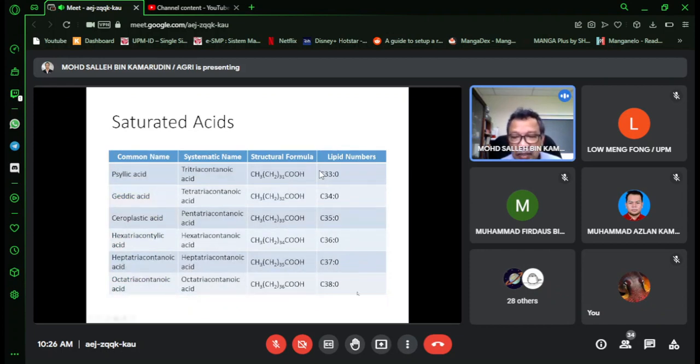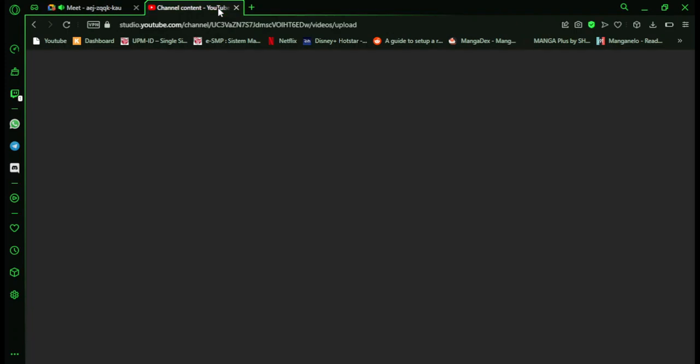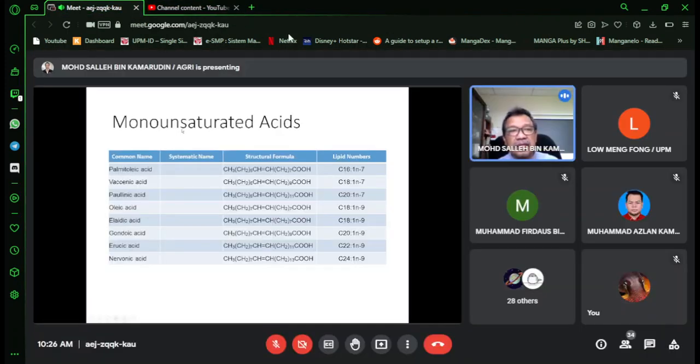Banyak sampai 38 pun ada. Tapi memang jarang lah kita dapat dalam 38 ni. Kalau saya buat analisis biasanya jarang dapat that long. Alright, and then we are looking at monounsaturated acid. Biasanya start dengan C16. Yang ni dia palmitoleic acid, ini dia merupakan penting juga. So dia sometimes boleh di-convert untuk buat as an energy, dan satu lagi boleh di-convert untuk jadi yang panjang-panjang